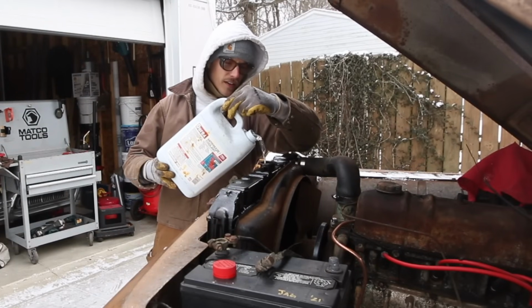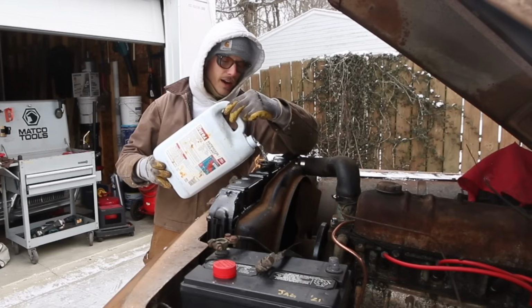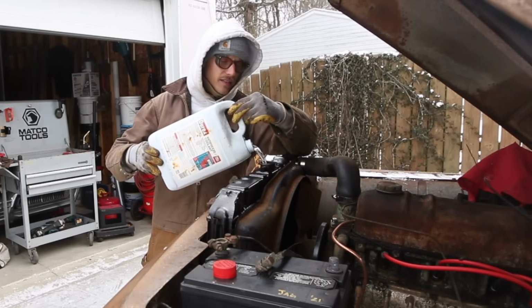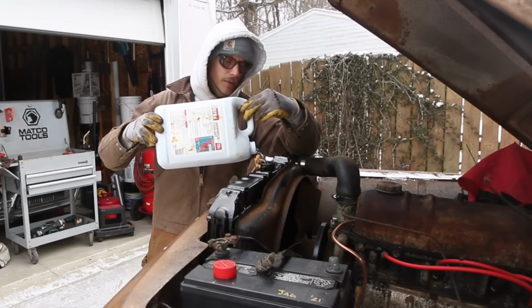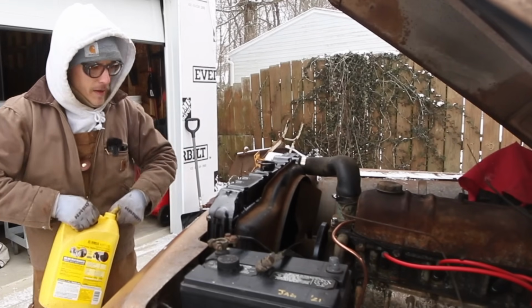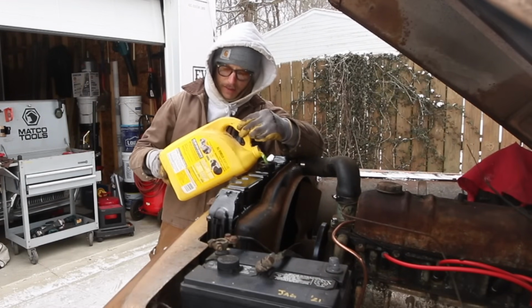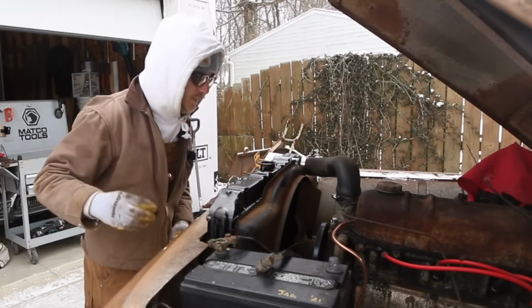Now there was already some coolant in the block. I flushed it a little bit when we were having that heat spell, but the capacity is supposed to be 4 gallons for the full cooling system. That would be radiator and block. Okay, now this is just regular coolant still, but this is a 50-50 mix. I usually don't ever get a 50-50 mix, but stuff might have been on sale or something. All right, looks like that might be it for now, but I'm sure we'll have to top it off once